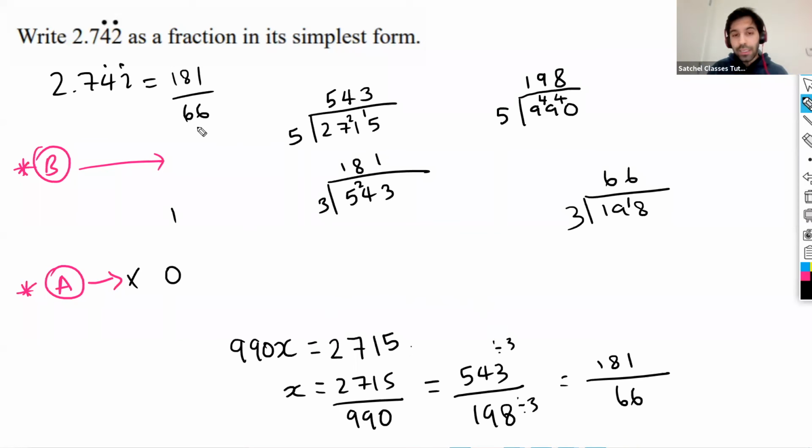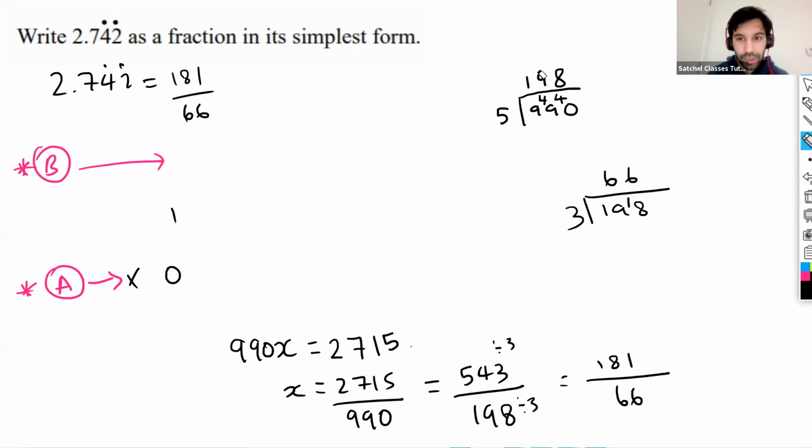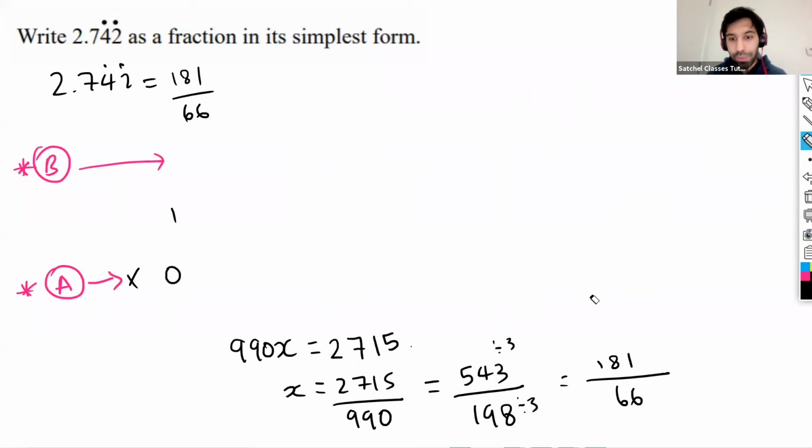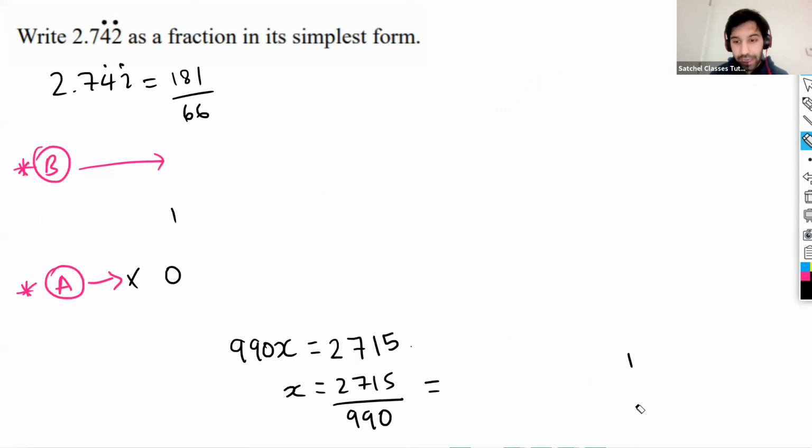And the reason why I did the bus stop division is because usually, or the likelihood is this sort of question would be a non-calculator question. So they might test you on your ability to simplify and divide as well. But if you couldn't simplify it, if you get up to this step here, that's absolutely fine. You will still get probably 2 out of 3 marks. So now if I do 181 divided by 66, my answer is going to be 2.74424242 as I have here. So 181 divided by 66 is